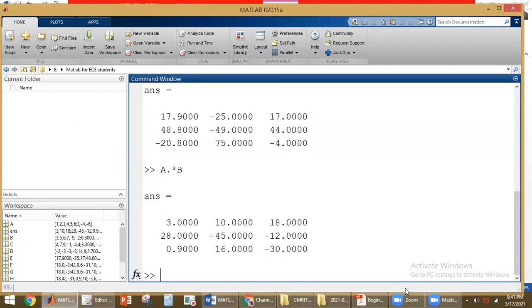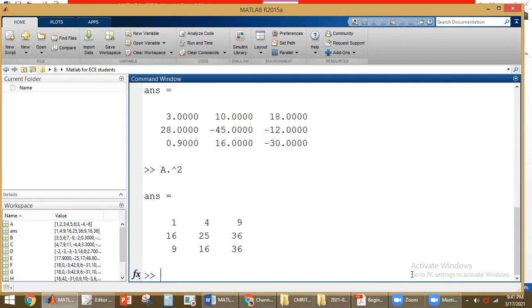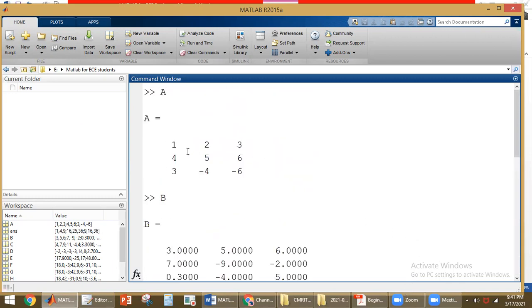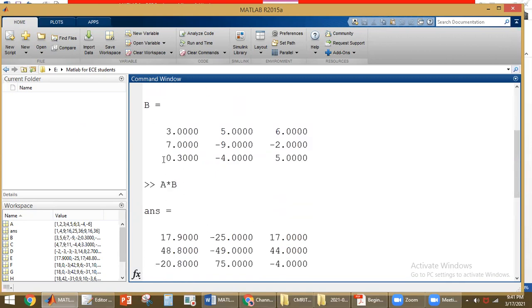Similarly, this dot operation can be used for all operations. So dot cap 2, what will it do? It will square each and every element of A. What are the elements of A here? 1 square is 1, 2 square is 4, 3 square is 9, 4 square is 16.